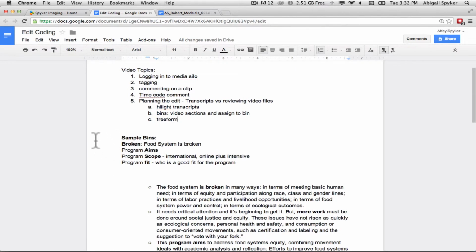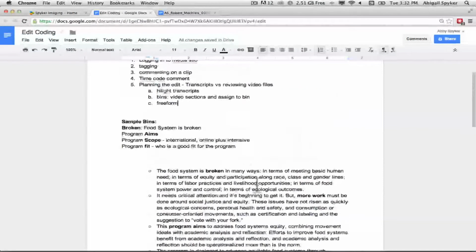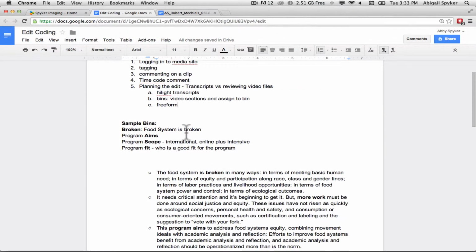So I came up with some sample bins, kind of based on the outline that I had from you, just to kind of start to give you a sense of what I'm even talking about. So I'm going to use one tag, one keyword for the bin name. So in this case, broken, and that's anytime anyone talks about the food system being broken, we might want to mark that